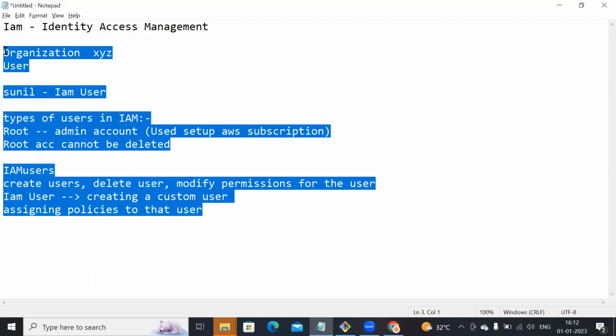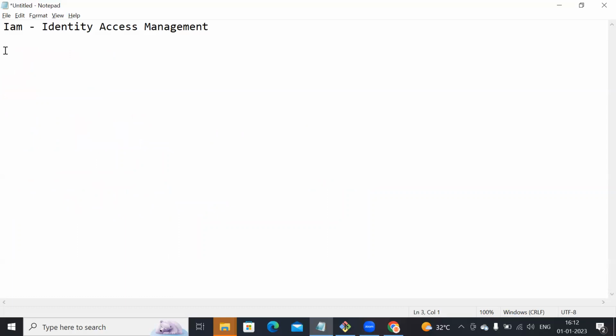Now let's jump into the actual IAM concepts. The very first concept is the user, which we have just discussed. The second concept is the policy. For example, there are a lot of services in AWS, 200 plus, but for the IAM user that I'm going to onboard, he or she should have only EC2 permission. That means you need to create a policy and attach that policy to the user